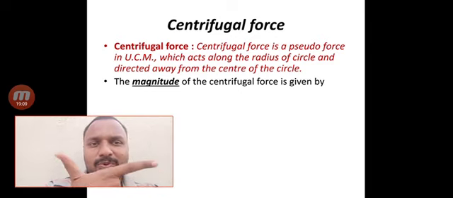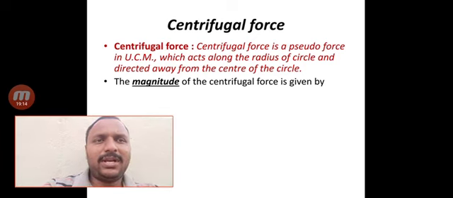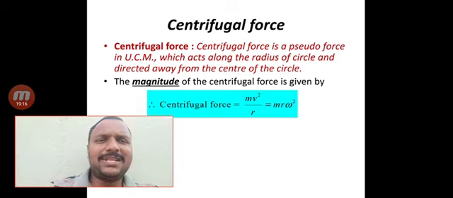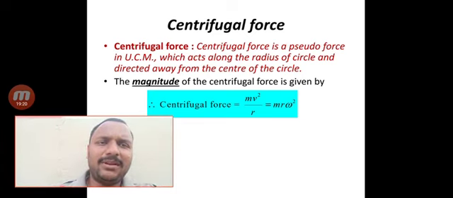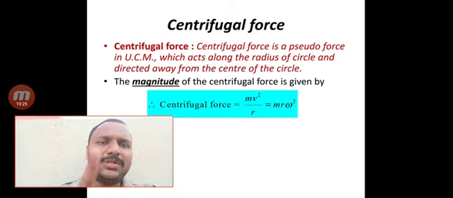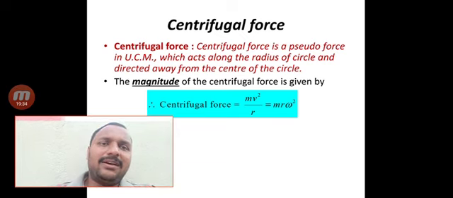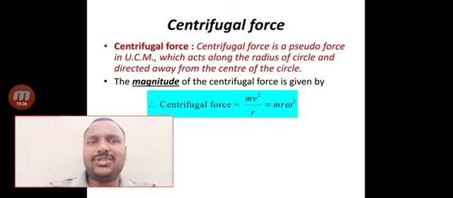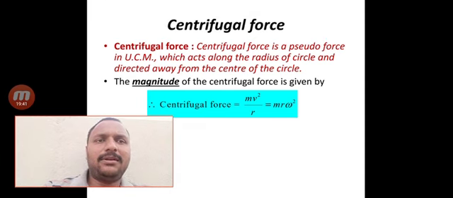Then after that, here we write its formulas in magnitude, because the directions of these forces are opposite to one another. Therefore, here we take these formulas in magnitude. Both formulas are in magnitude: mv square upon r, mr omega square. If the particle is moving with a constant speed in a UCM, then those forces are the same. In all other cases, where there is an extra acceleration, those forces cannot balance each other.